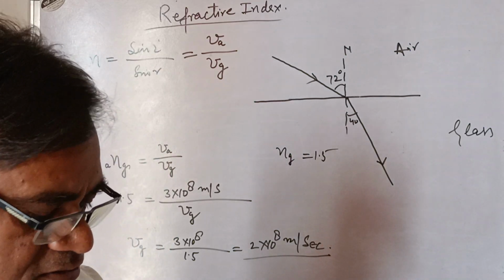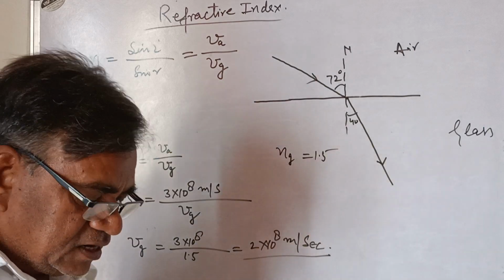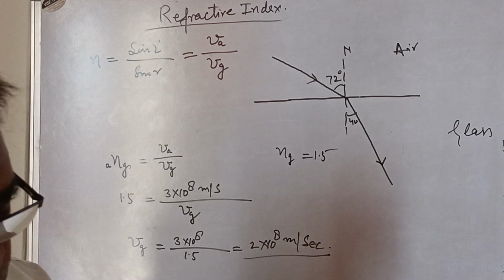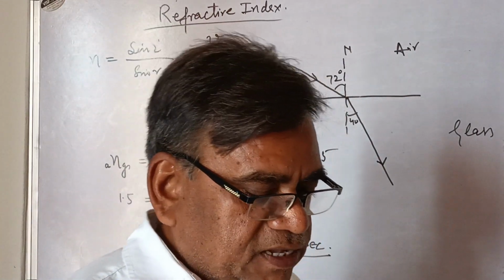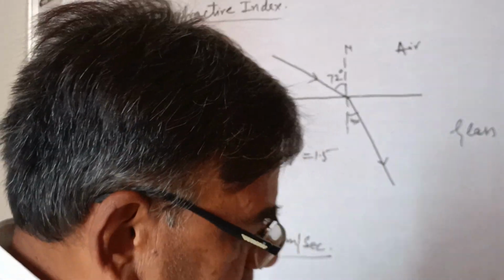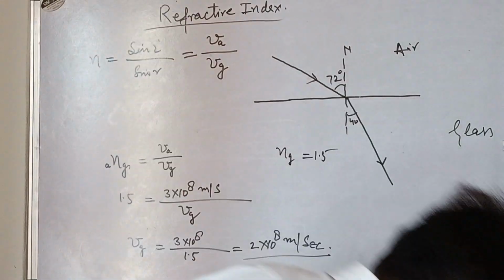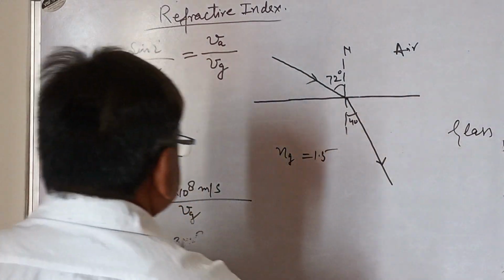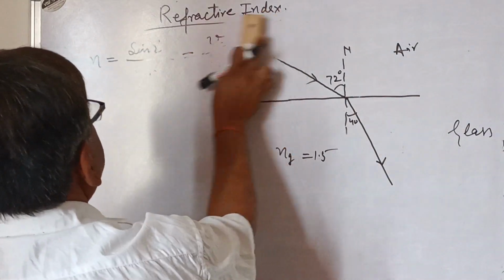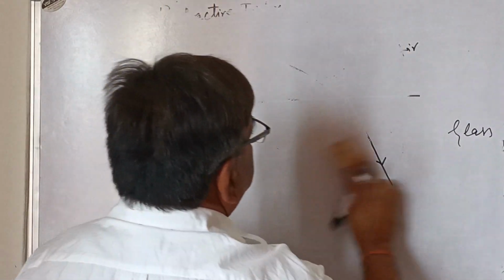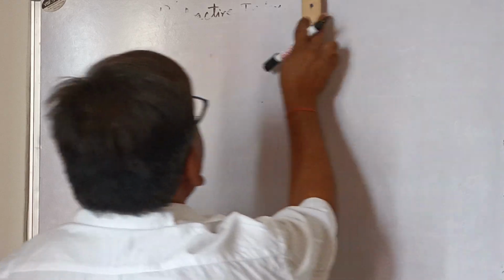Now one more question. If the refractive index of water for light going from air to water be 1.33, air to water, refractive index is always given for a pair of media,